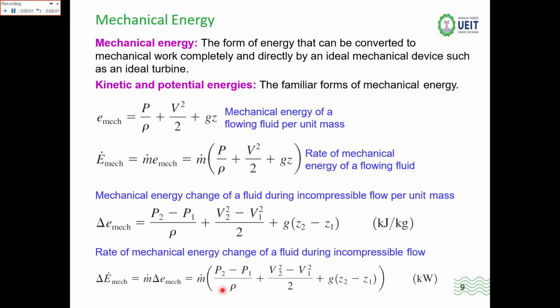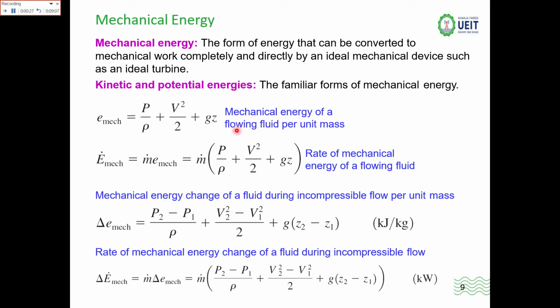Now, the mechanical energy. The form of the energy that can be converted into mechanical work completely and directly by an ideal mechanical device such as a turbine is known as the mechanical energy. Now, kinetic and the potential energies, as we are familiar with them. So the mechanical energy of a fluid